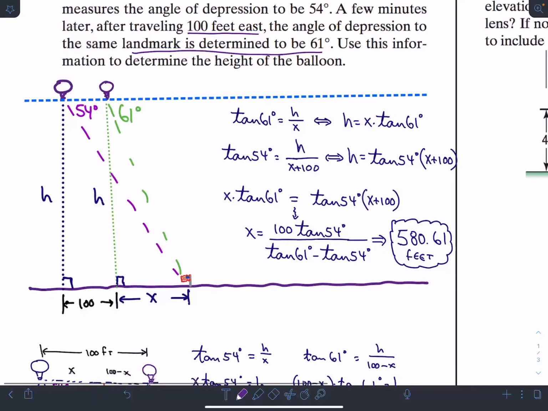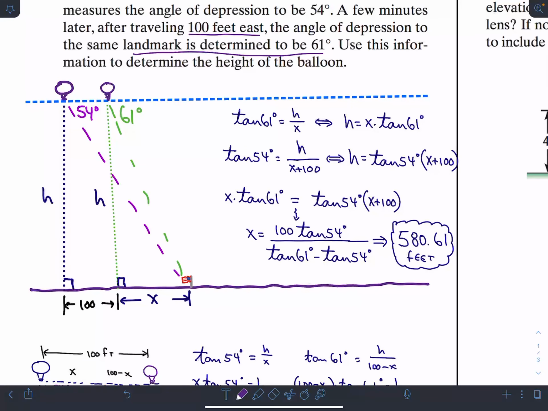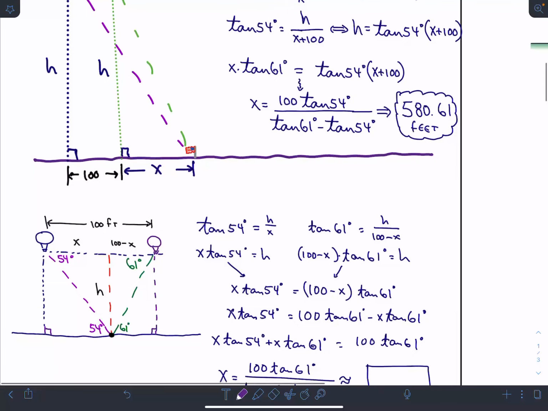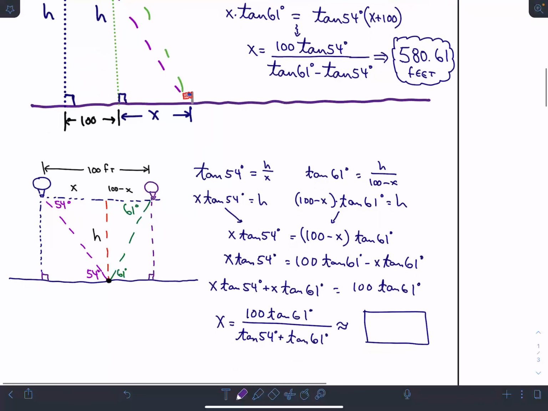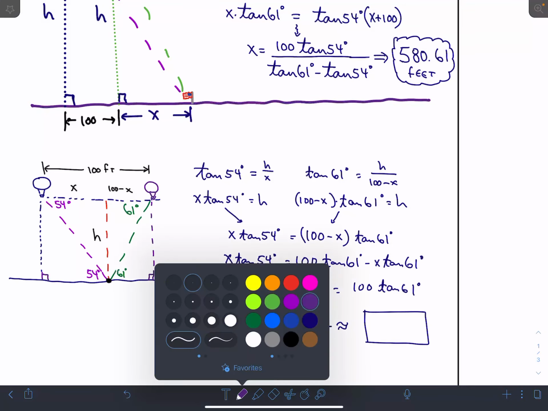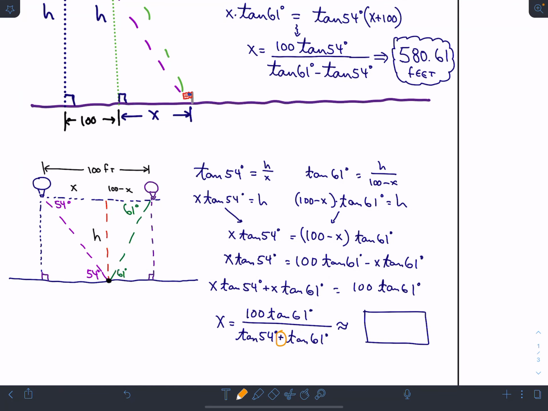And so I went through this scenario here that we did in class, and lo and behold, we got 580 feet. And then I went through it again, and this time, notice that the computations are similar but slightly different. And at the end, the difference here is in the denominator. Right down at the bottom here, the denominator is a plus instead of a minus. Now it also has the other angle, 61 degrees, in the numerator. So clearly it is a different situation.